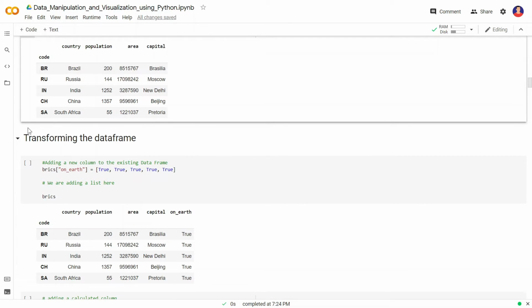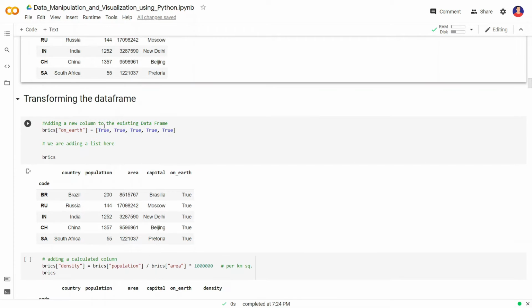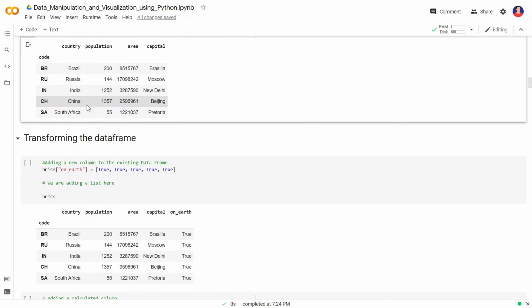Now, one of the most important things in data frame operations is the transformation of a data frame. So let's first see how to add a new column to an existing data frame. Suppose we want to see whether all of the countries in the data frame are present on earth or not.